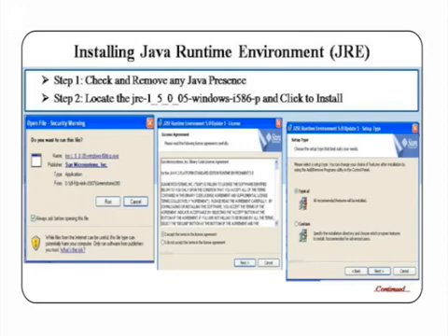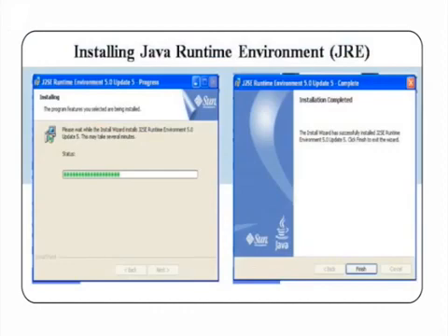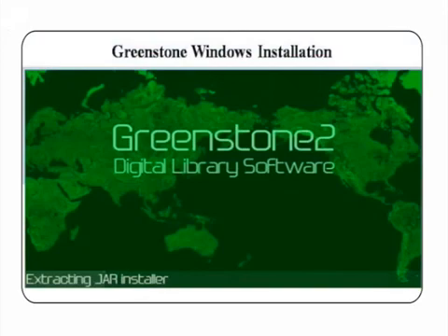At the initial level, select a typical installation. So click on typical and click on the next button. Then Java J2SE runtime environment 5 is getting installed here. Once installation is completed, you will see the finish button. So we are through with step number 1, that is the JRE, Java runtime environment installation.